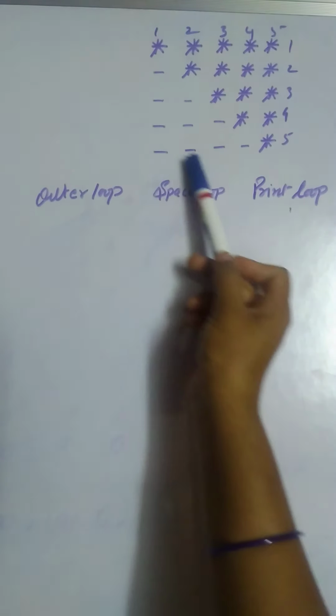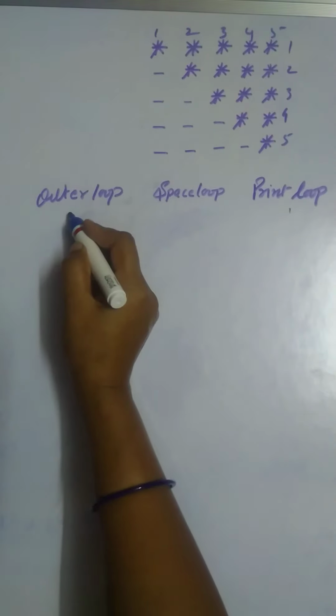You see, in this pattern, the printing statement is in decreasing order and the space is in increasing order. The number of rows and number of columns are 5. So first of all, you decide your loop runs: how many times the outer loop runs, how many times the inner loop runs, and what to print. These three things. First of all, we see if our outer loop runs the first time.